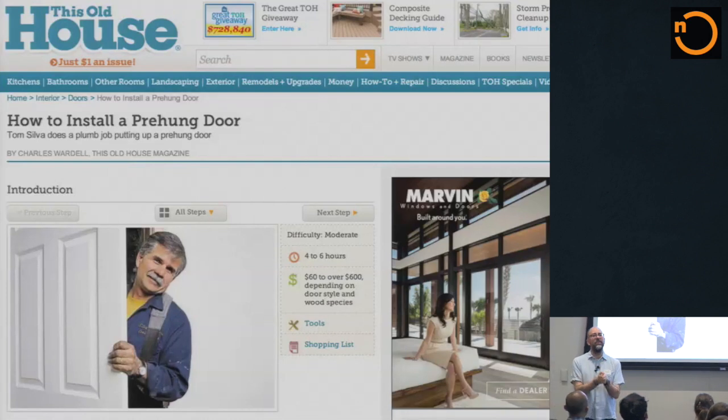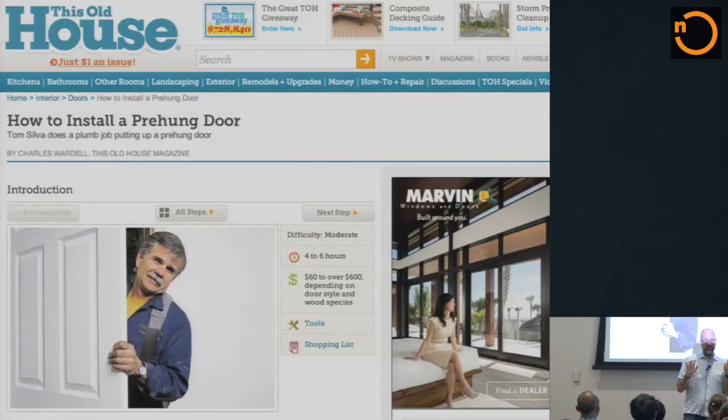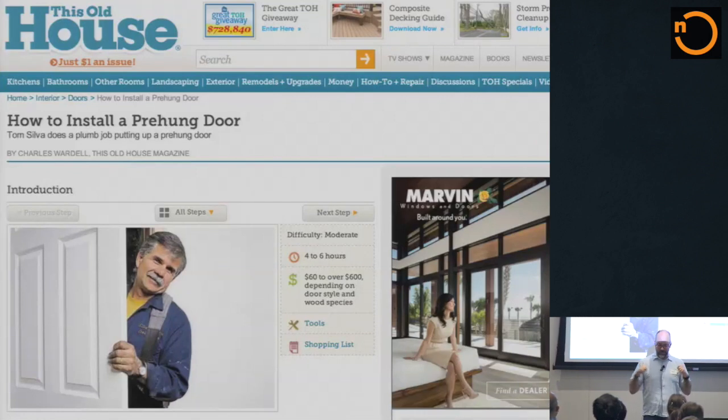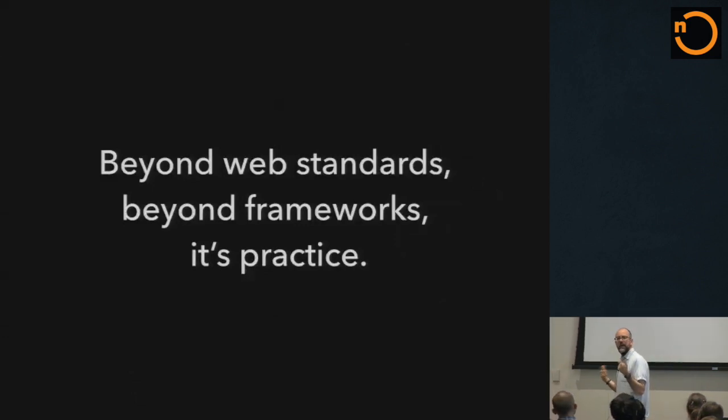Why? Because installing a pre-hung door is exactly the same in my house as it is in your house. Mind you, there's some shimmying and jimmying, a few other things you're going to have to do, and of course, in the case of my house, one side is a 1/4 inch lower than the other, but let's leave that aside for the moment. The point being that, great, now I can build all this stuff. It's awesome, right?